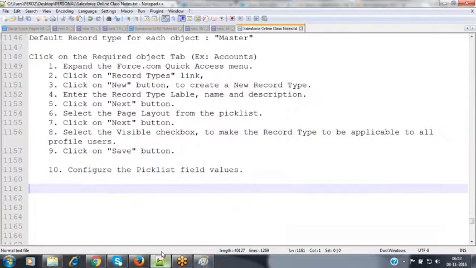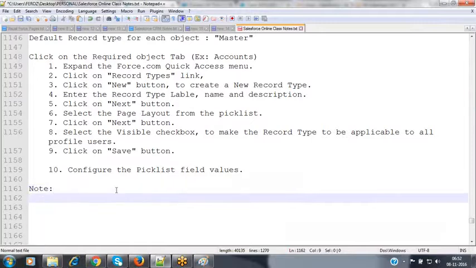the next one. What will happen whenever I'm enabling the record types inside this object here? These points are very, very important. Whenever we enable the record type on an object, by default, Salesforce adds one field on that object called the record type ID field. See, for every object, Salesforce provides some standard fields like ID, name, owner, created by, last modified by. So all these fields are standard fields given by Salesforce.